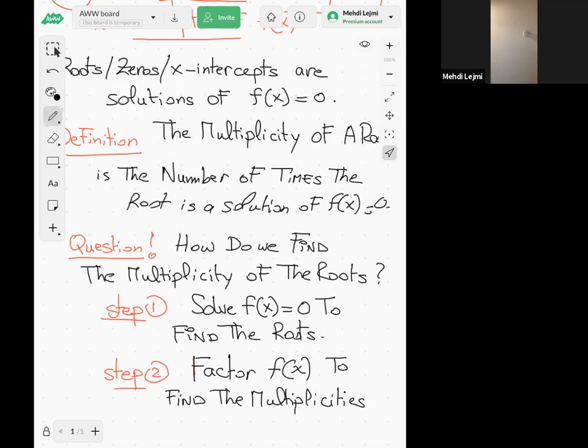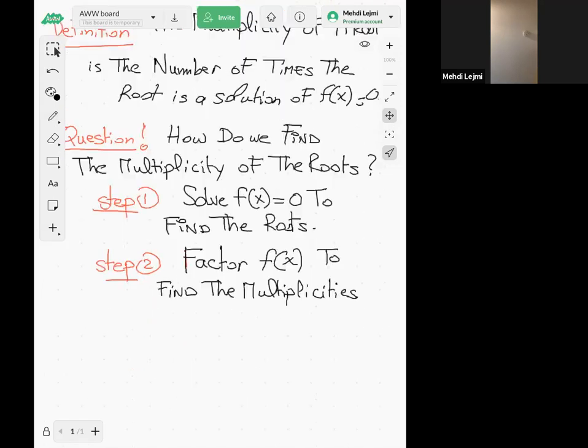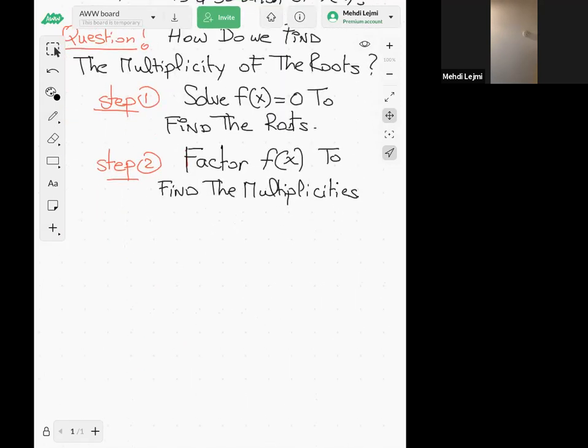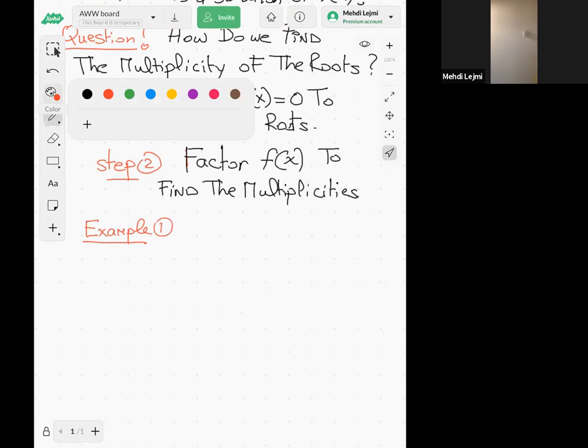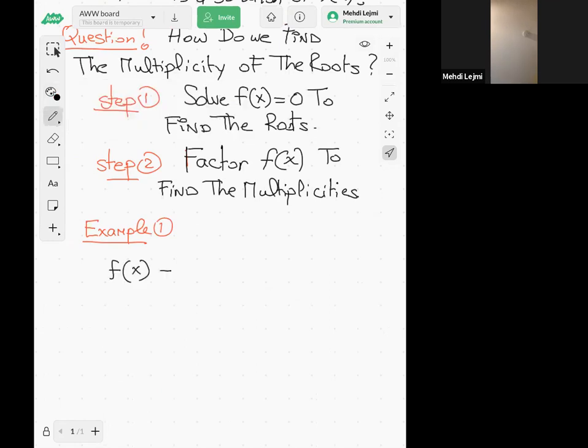Now let me show you an example. Example 1. Let's say you have f of x equals minus 2x to the power 5 plus